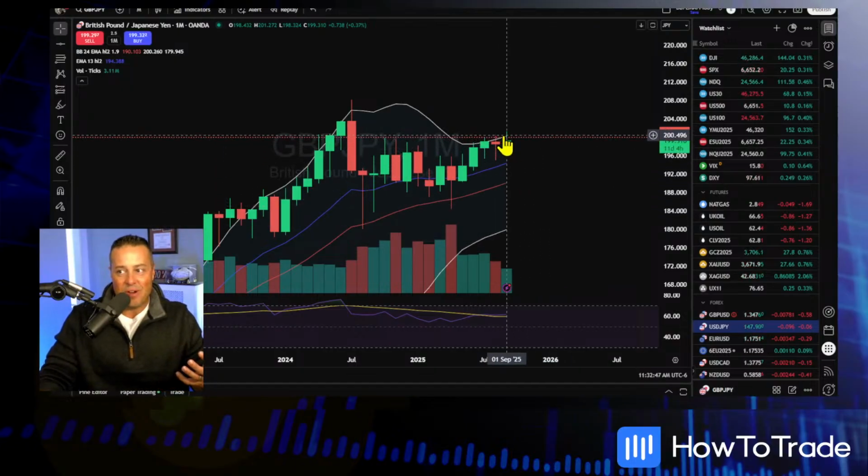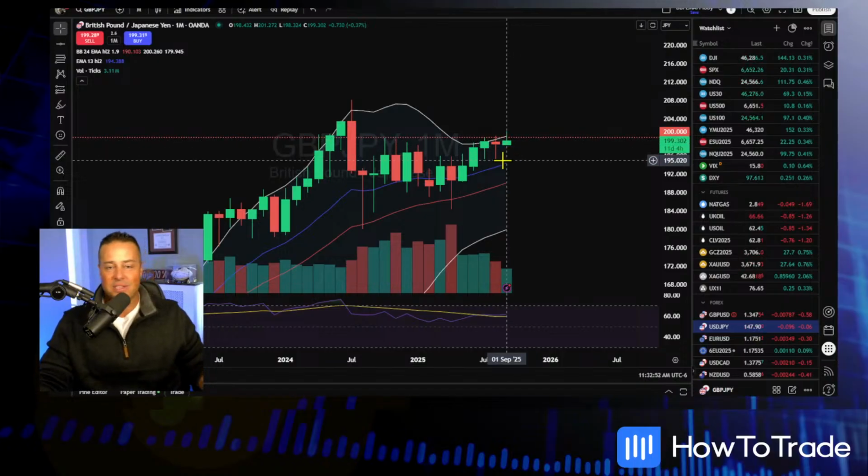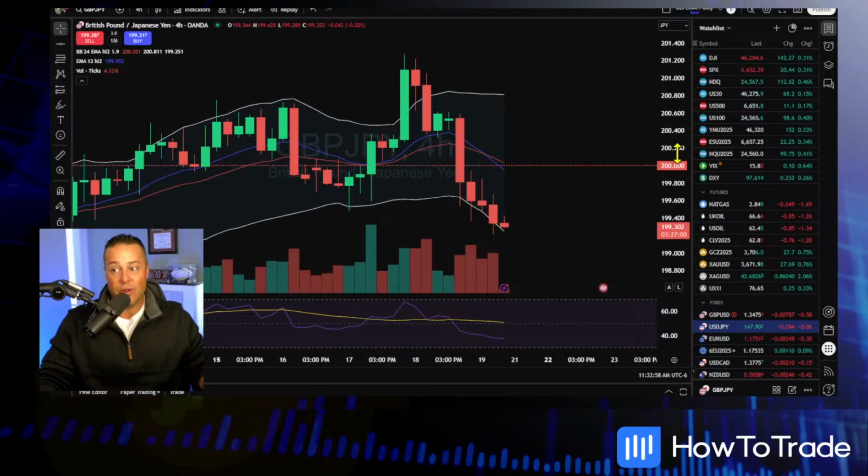So what do you have? The spike high right there wiped out a lot of shorts, and now where are you back down beneath 200? Man, this is tough. I have to tell you, if I was trading this, I would either do it on real short time frames or I wouldn't do it at all.